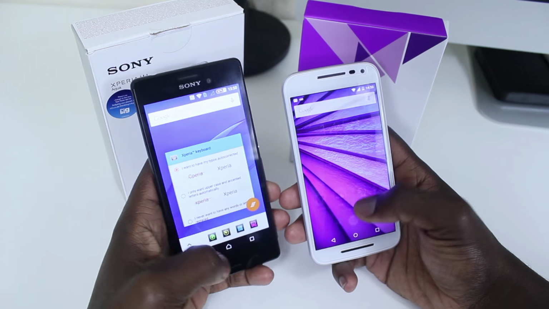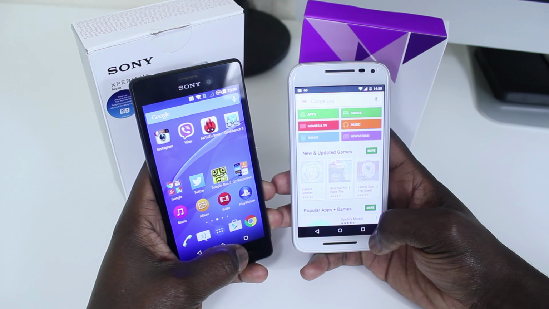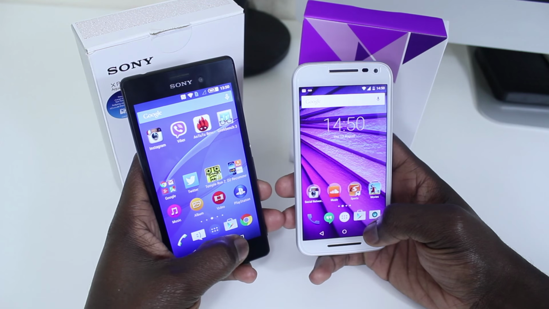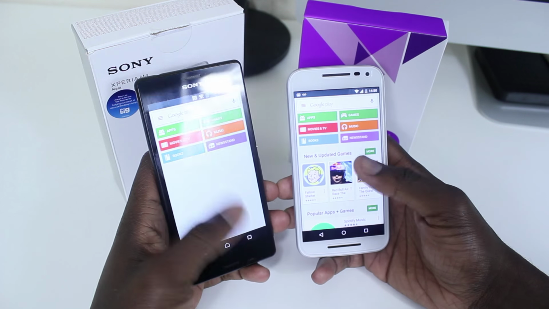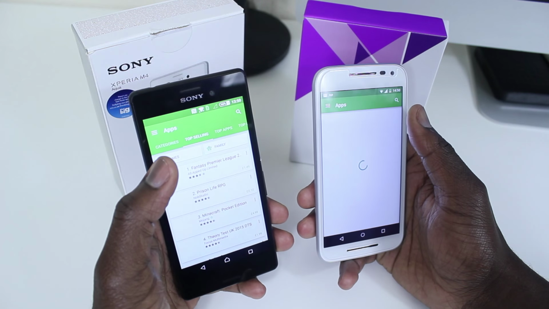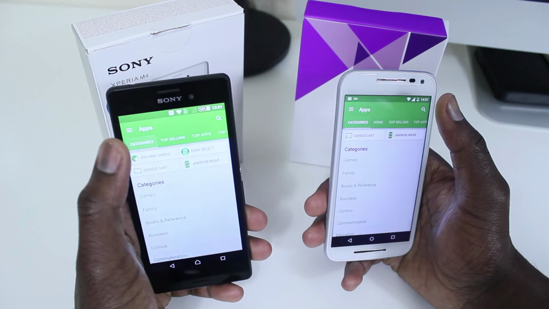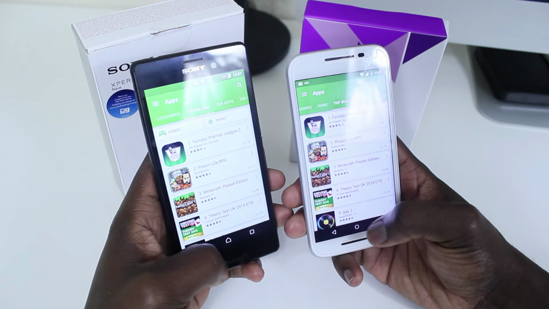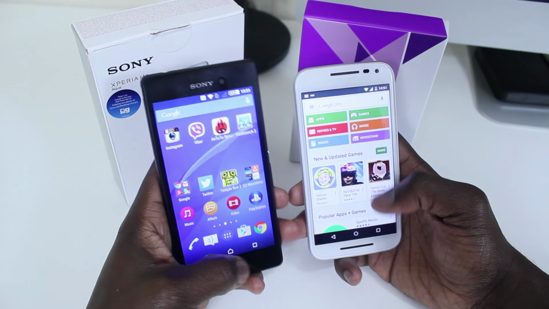So let's close them down and try that again. It's weird. 1, 2, 3. Wow. One more time. 1, 2, 3. Okay, so for some strange reason, it doesn't want to fully load when it comes to the Play Store. Categories. Let's go back home. Yeah, as you guys can see, for some reason it's not loading on the Sony,